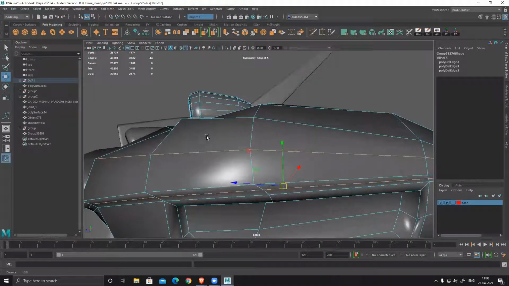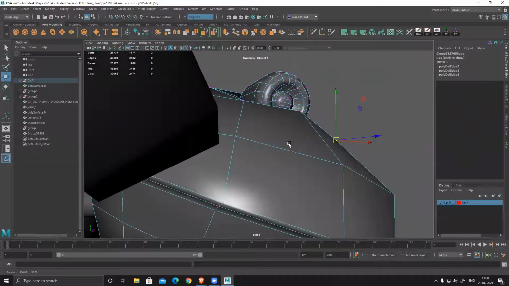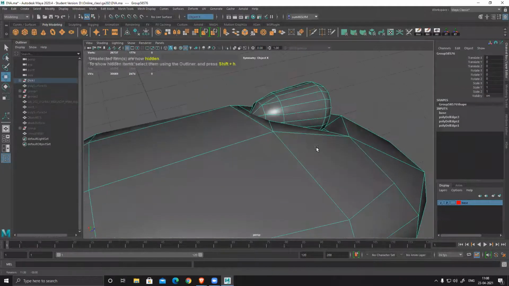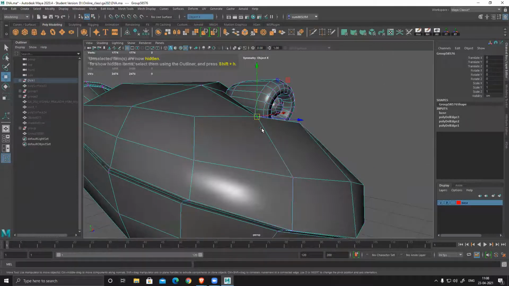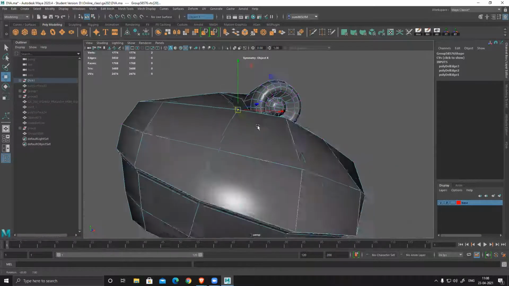Plus from this angle I can see there's slight distortion. So make sure to check it from all the angles. If you're having difficulty, press Alt Control H to hide everything and check it from all the angles.